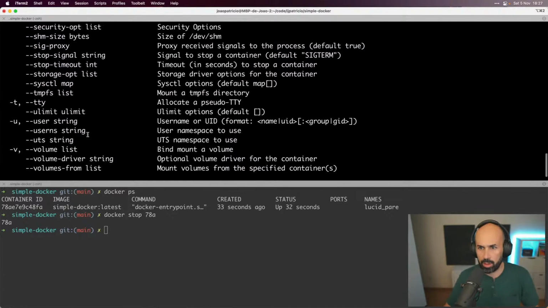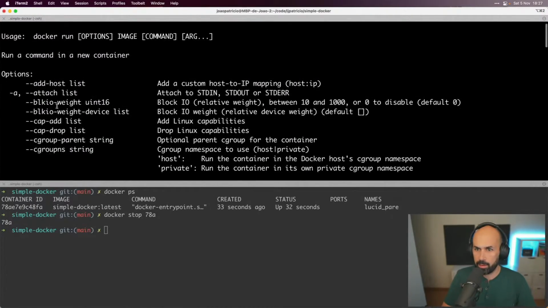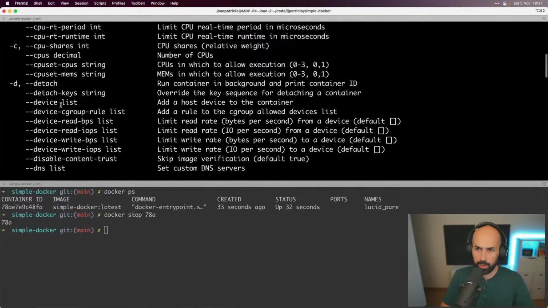When we are running, we can use all these options. We could run detached and we would not see the output, it would be in the background, right?